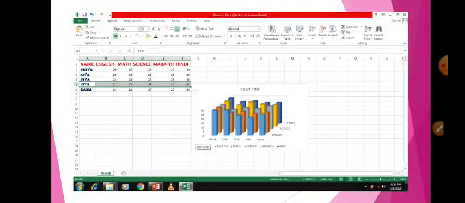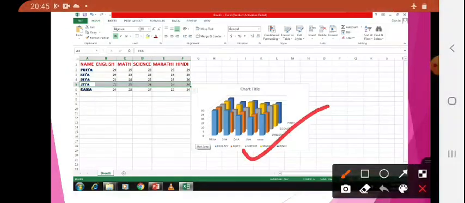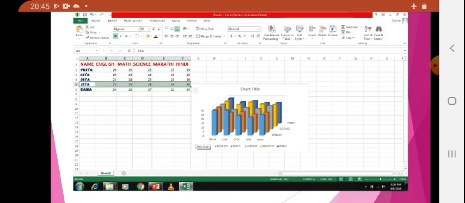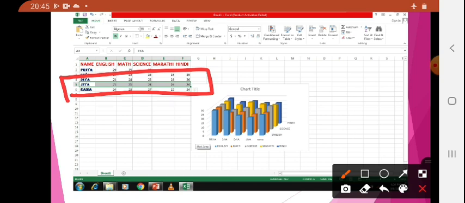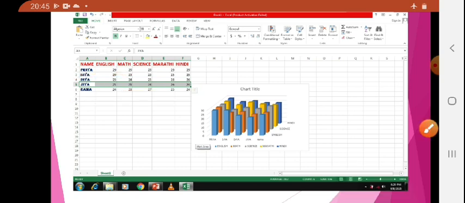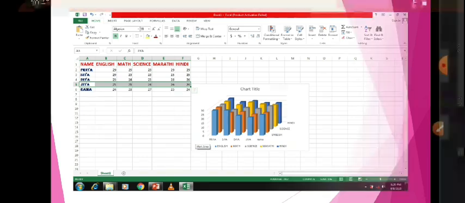Okay, Riya is deleted, so here also you can't see Riya. You can do the deletion: select it, then right click and delete. Okay, it is very simple. Select, right click, delete. Like this you have to select and then delete. It will delete the whole block only. So if you delete here in the chart, changes can also happen.